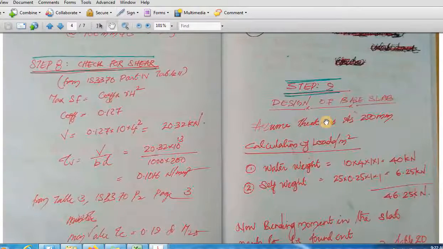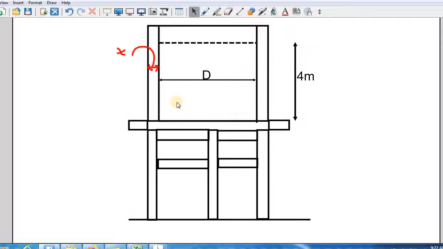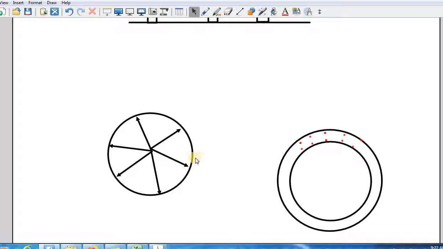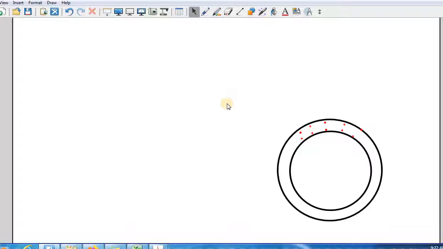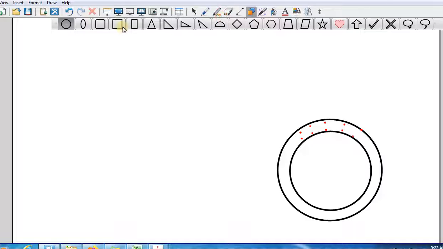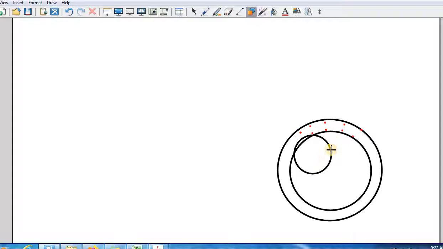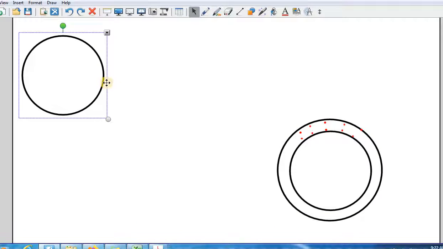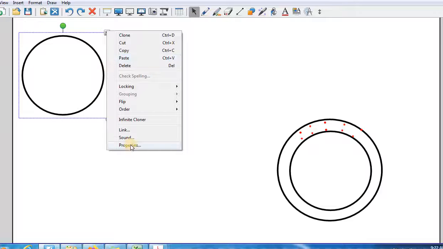Now we will come to the design of base slab. Okay, design of base slab. So this is what we completed actually. Okay, right? So what is that we have found out now? So let us see, because we have seen that reinforcement, just we will write it, reinforcement. Okay, so one is, sorry, what have we calculated now? Let us use a different color.